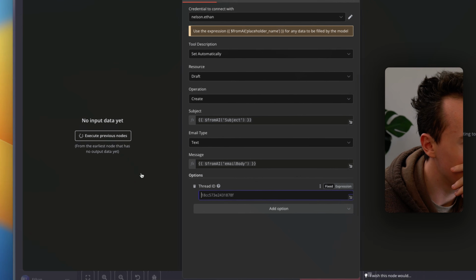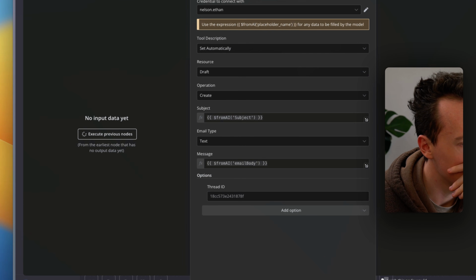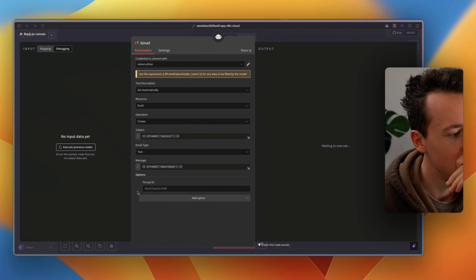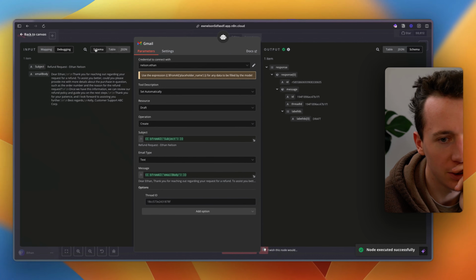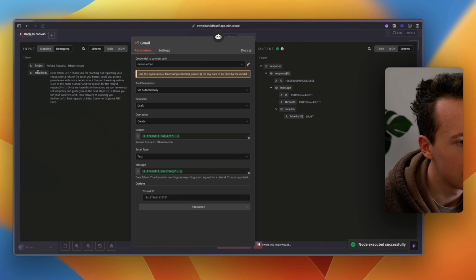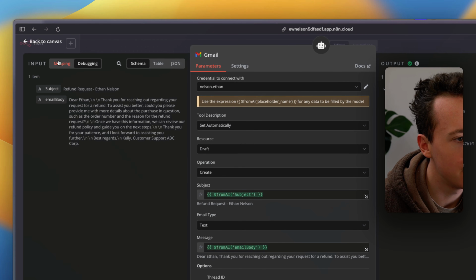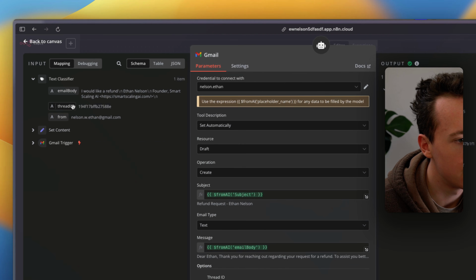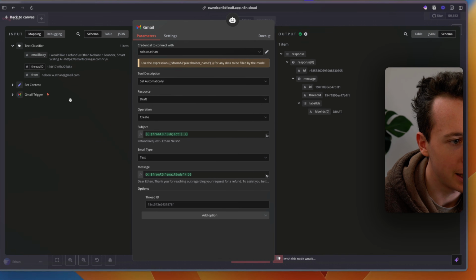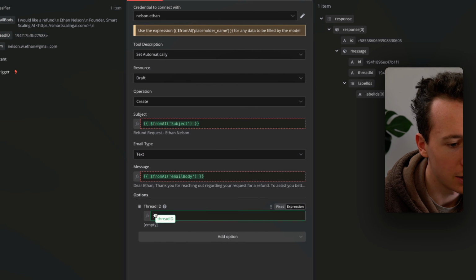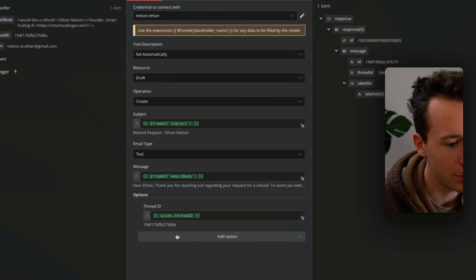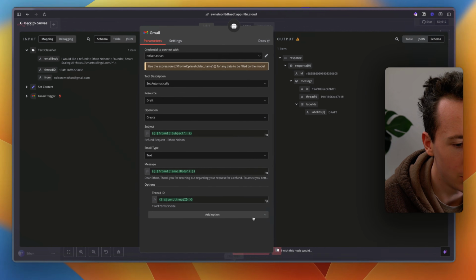So we're going to change the thread ID. Boom. Let's use this schema here. Okay, where's the thread ID at? Boom, thread ID. We're going to add that in here. I think we have to change this to expression first. Thread ID, JSON.threadID, and then the to email